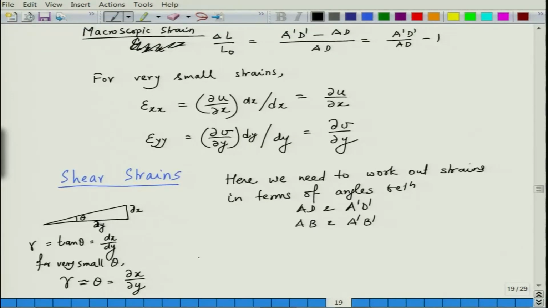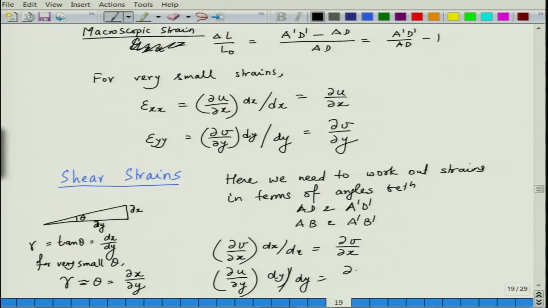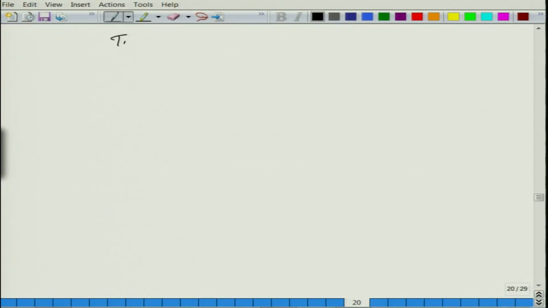So, if we now work out these strains, we can write the first one as del v by del x into dx divided by dx, this will be equal to del v by del x, and the second one will be del u by del y into dy divided by dy, this will be equal to del u by del y. Okay. So, the total shear strain then in that case